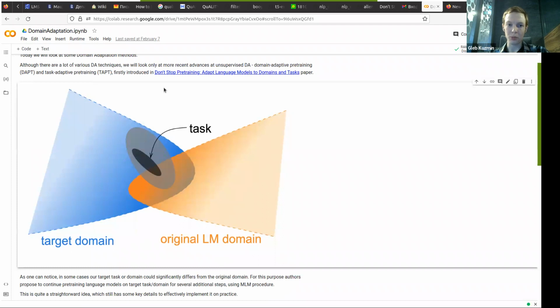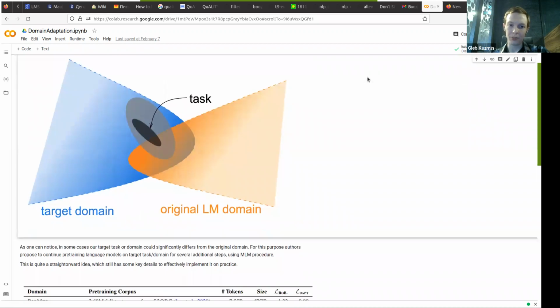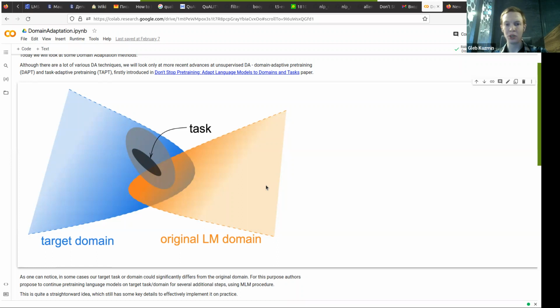This method was first introduced in the paper called Don't Stop Pre-training. And here on this picture, one can see the main idea of domain adaptation overall, and more specifically these methods,